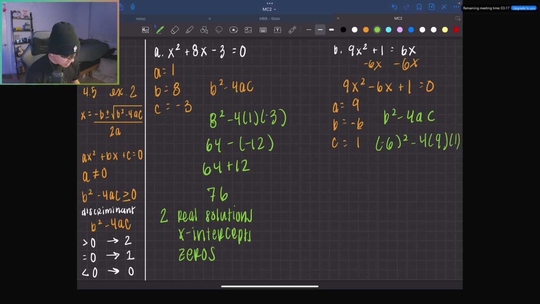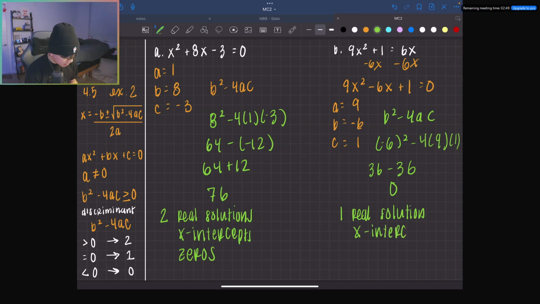So negative 6 squared is negative 6 times negative 6, which is 36, minus 4 times 9 is 36, and 36 times 1 is, again, 36. So 36 minus 36, which equals 0. Oh, so if our discriminant equals 0, that means that we will have one real solution, or one